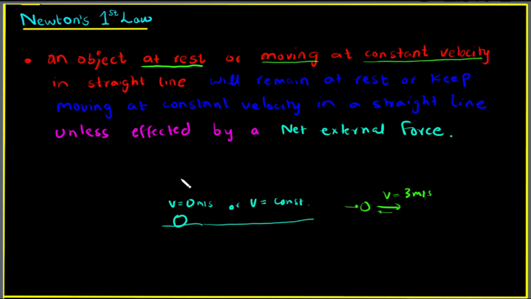So Newton's first law precisely defines what a force is: an influence that changes the velocity of an object. If something is at rest, it will stay at rest, or if something is at constant velocity, it will stay at constant velocity unless you apply a net external force to it. If you apply a net external force to something, its velocity will no more stay the same, it will definitely change. So it's pretty simple to understand, and it precisely defines what a force is.